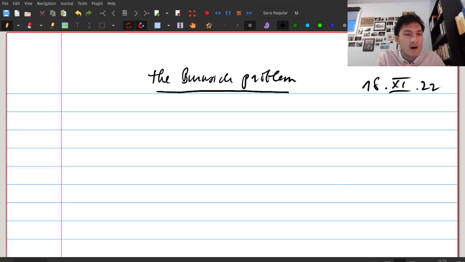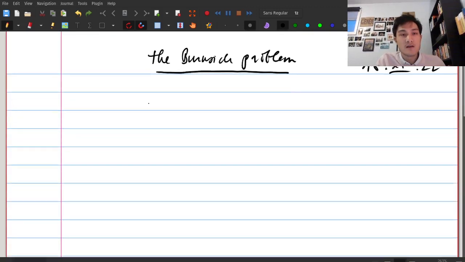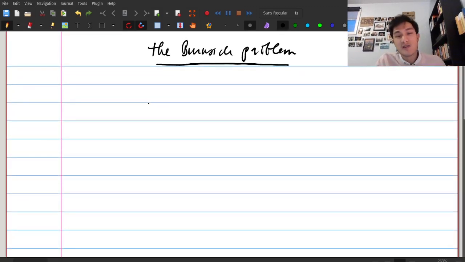So I will assume that you've seen groups before, but if you haven't at all, then this is probably going to be really difficult and incomprehensible. But if you've seen even a little bit of groups in your math courses, you should be fine to follow along. We're just talking about orders of elements, and usually you know the group axioms, but not too many other facts besides those. Okay, so let's just get started.